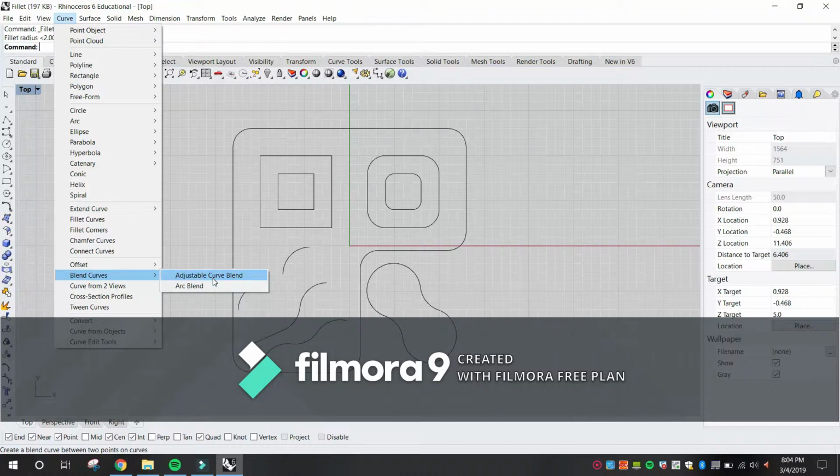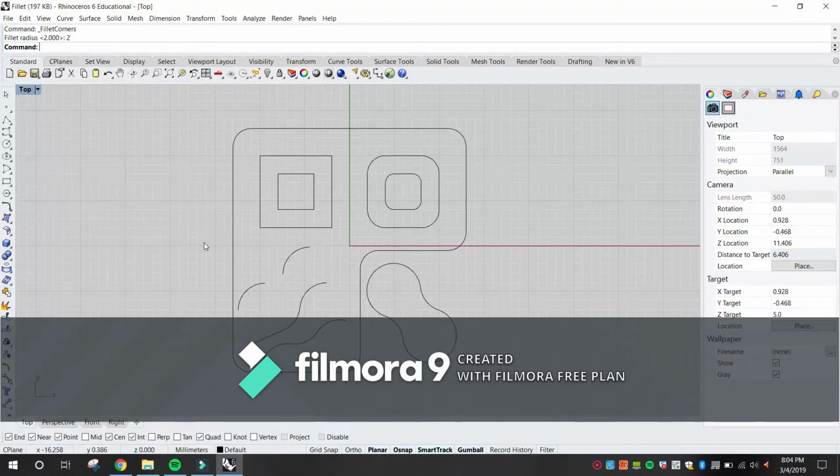So we will skip onto the next 2 options, which are Arc Blend and Adjustable Curve Blend. Let's skip to the next part of this exercise, which is to